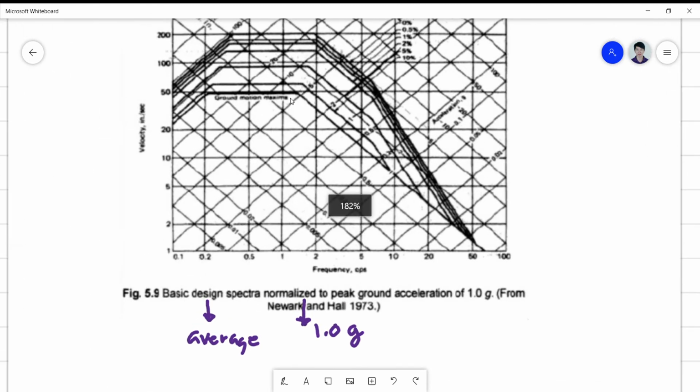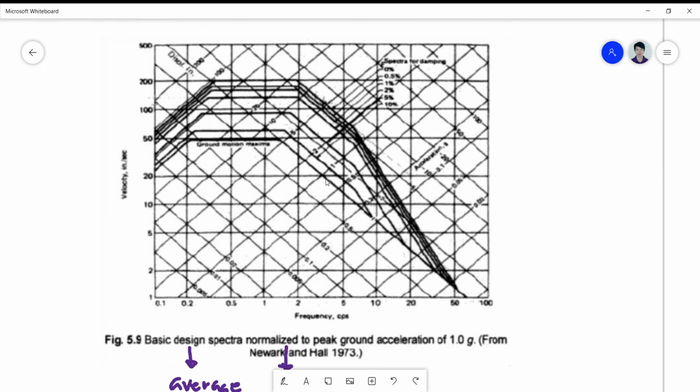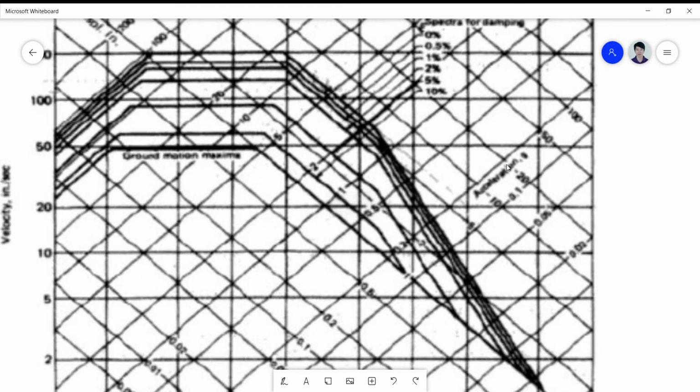So let's attempt to check a 10%. So where's the 10%? The 10% is actually the first graph here, which is already normalized from this curve. So let's take a look. So this is now your 10% graph. So can you see this line here? This is the graph that we are talking about. So I showed you how to normalize this a while ago, for different damping. So let's check now which is at